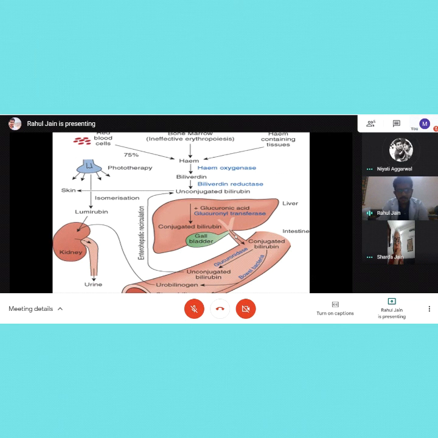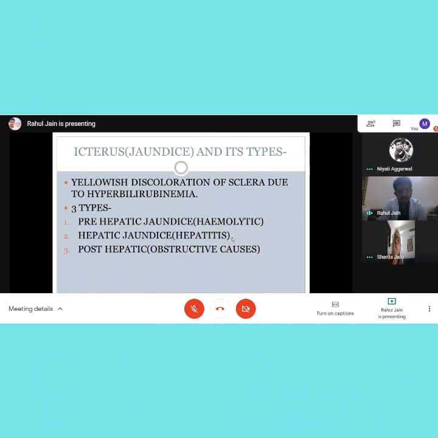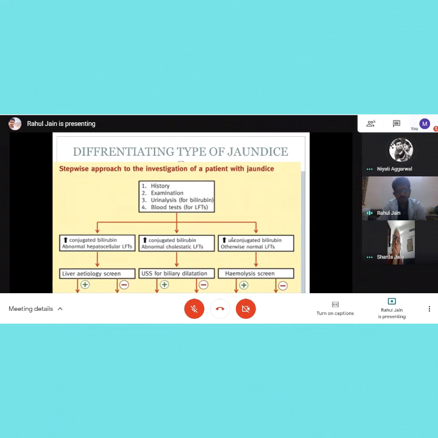Then the last jaundice is post-hepatic jaundice, when the bile ducts get obstructed. So a gallstone will come and obstruct these bile ducts, and similar features will come, that is yellowing of urine and light stools. But one important extra point will be that LFTs won't be raised that much and ALP will be raised too much. We'll discuss those things in the next slide. So this is the basic way we differentiate pre-hepatic, hepatic, and post-hepatic.